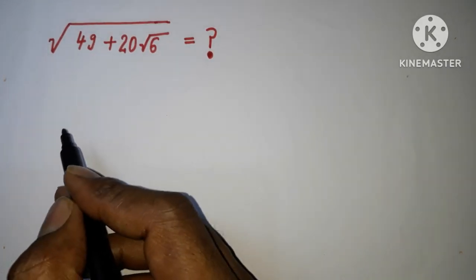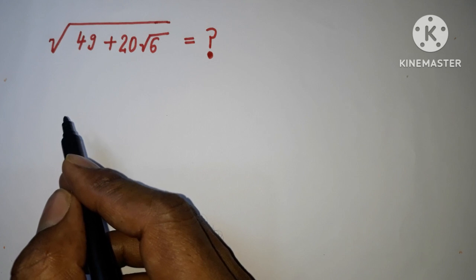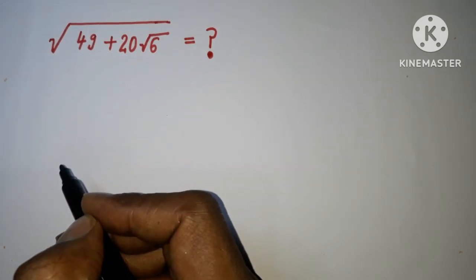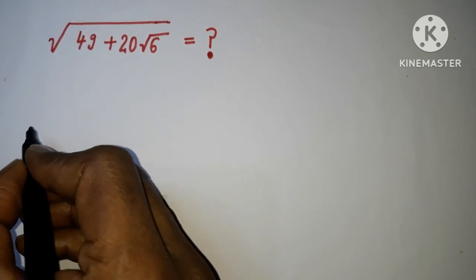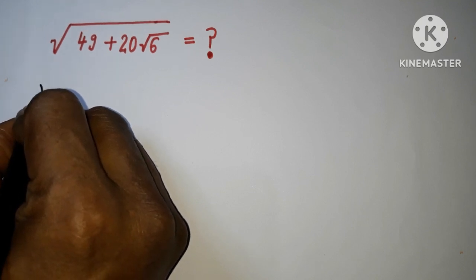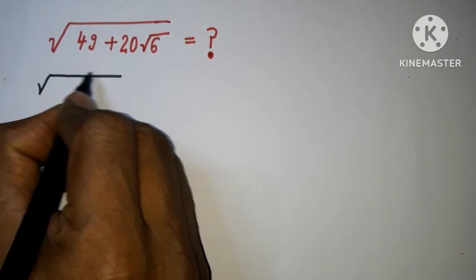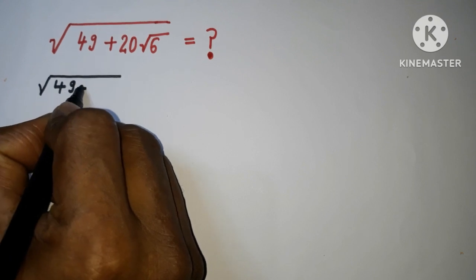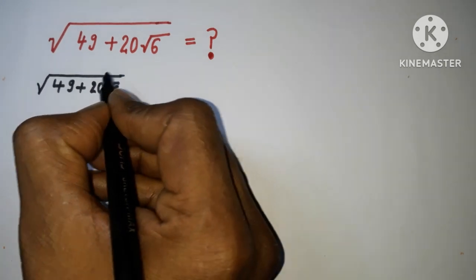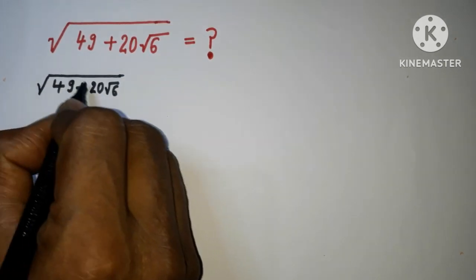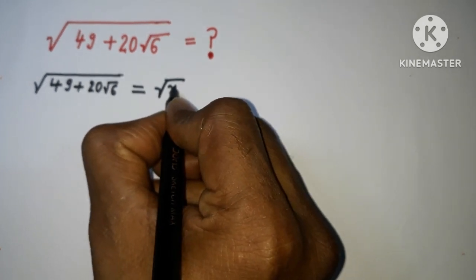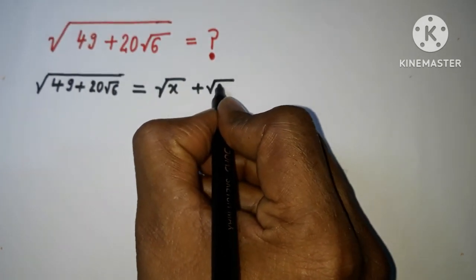Today we have this interesting question, that is we have to get the square root of 49 plus 20 root 6. How can we get this? Before calculating, I will consider one thing. Here we have 49 plus 20 root under 6. So the root of these two terms is considered as root under x plus root under y,